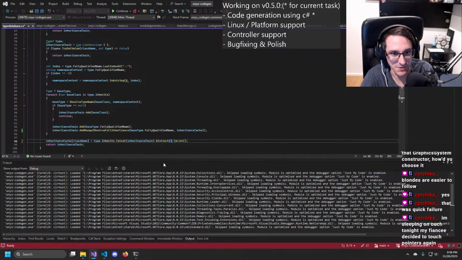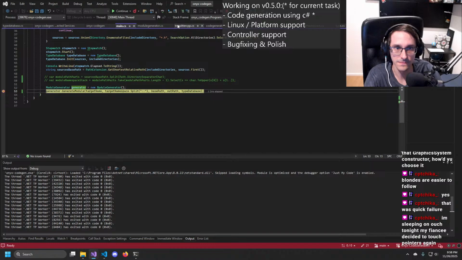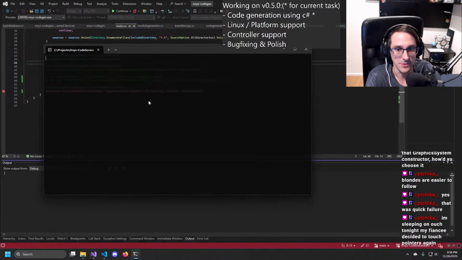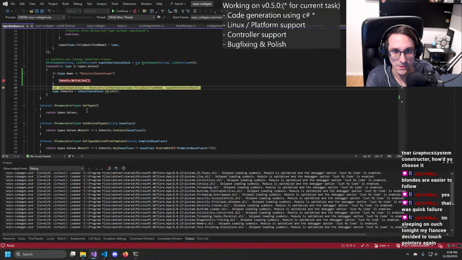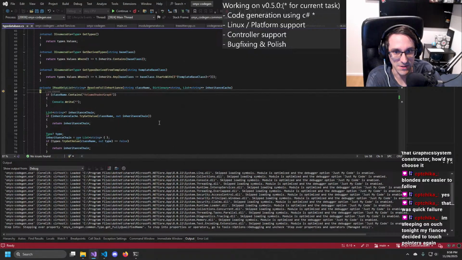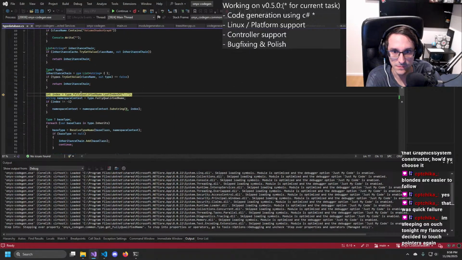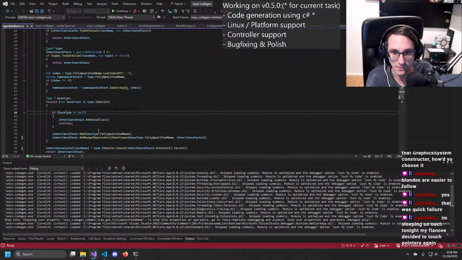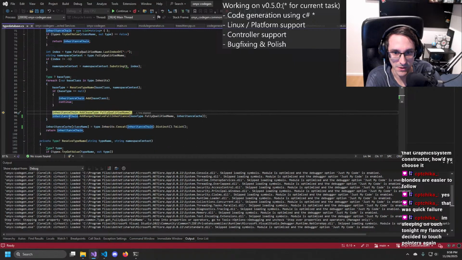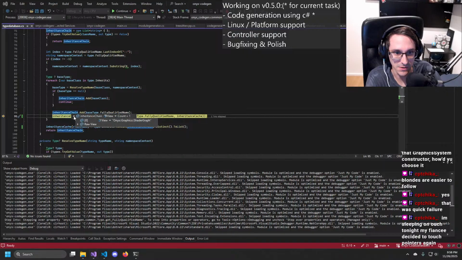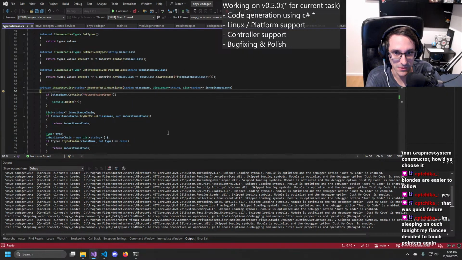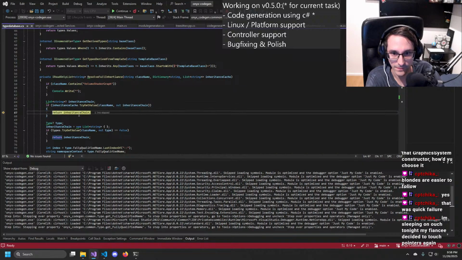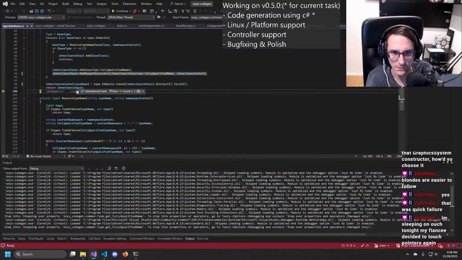I mean, we could always do that, right? That would fix it. But the question is, where does it get added? Because here we add to the inheritance chain shader graph, and then we go in here and we add that.